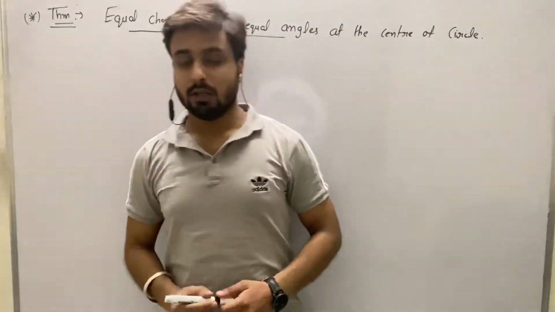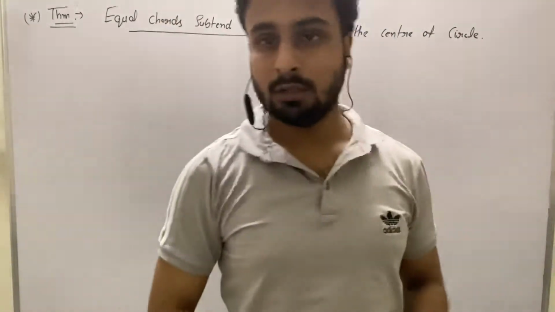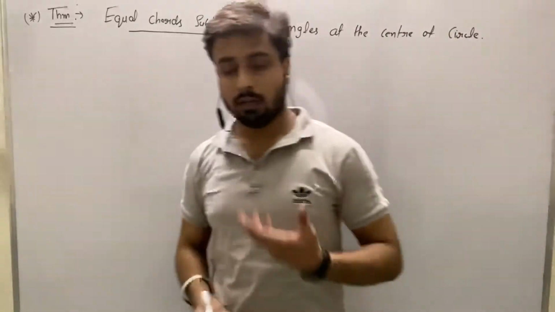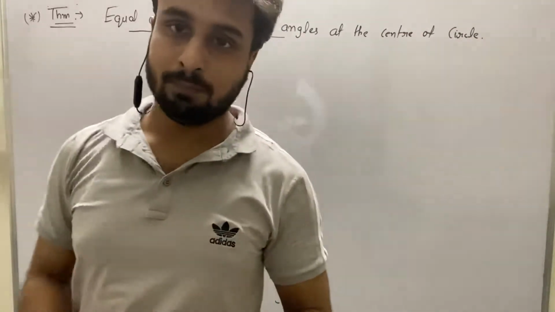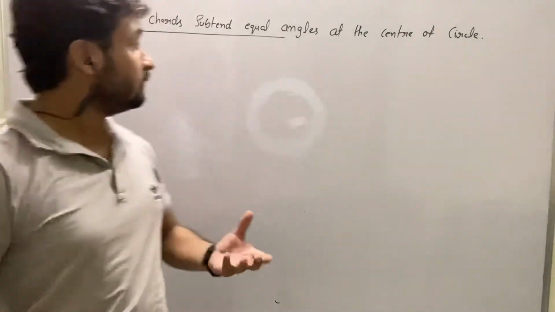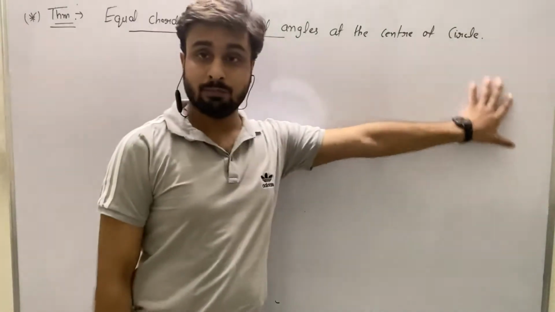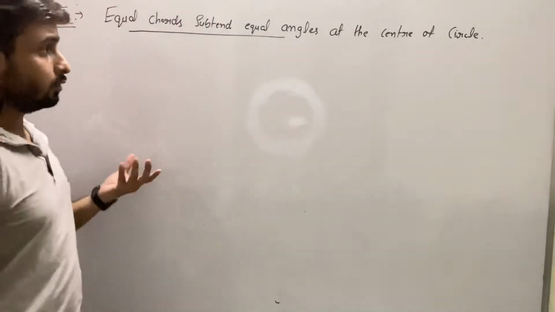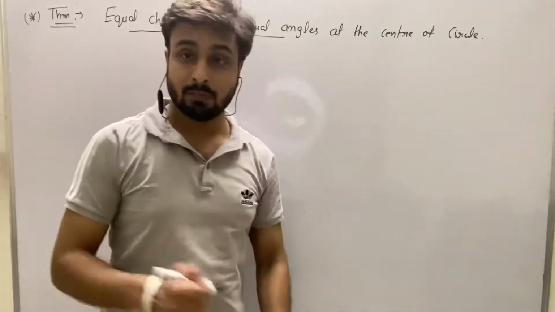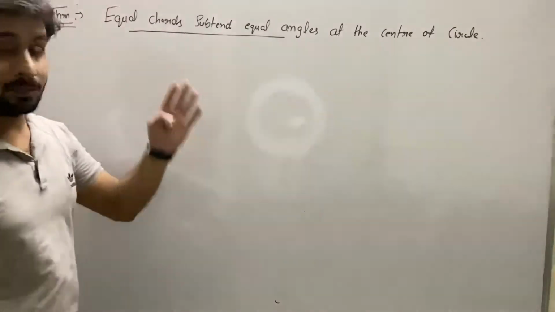Hello students, in our previous video we discussed the basics of a circle. In today's video we are going to prove a theorem based upon a circle: equal chords subtend equal angles at the center of the circle. Before proving this theorem, I'll tell you when we say that a chord subtends an angle at